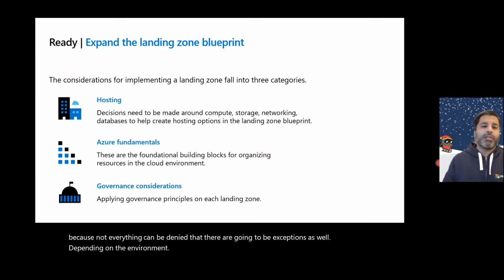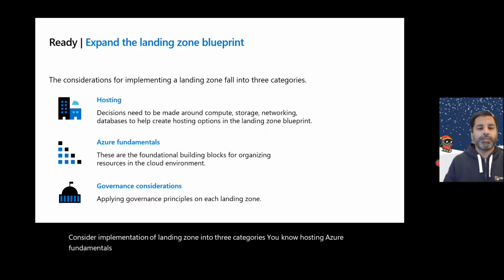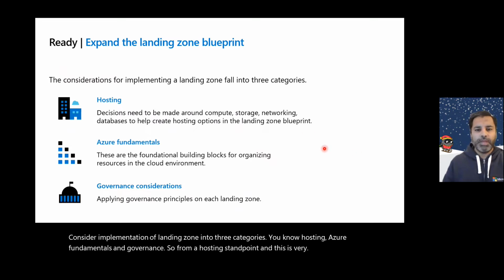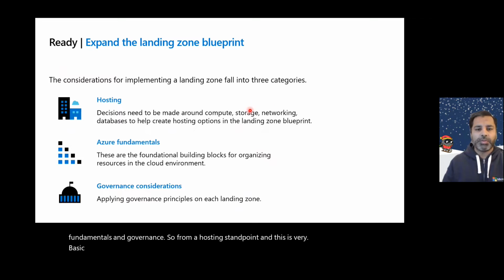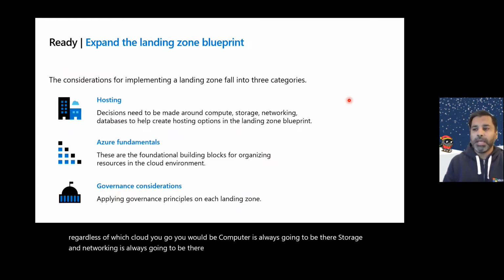So consider the implementation of Landing Zone in 3 categories: hosting, Azure fundamentals, and governance. From a hosting standpoint, and this is a very basic concept, it's compute, storage, and networking. These are the 3 main pillars of cloud. Regardless of which cloud you go to, compute is always going to be there. Storage and networking are always going to be there, because networking is the main structure and platform, and storage is